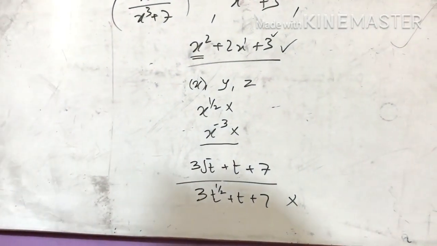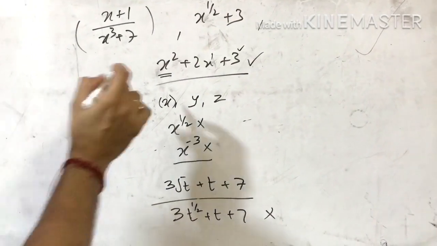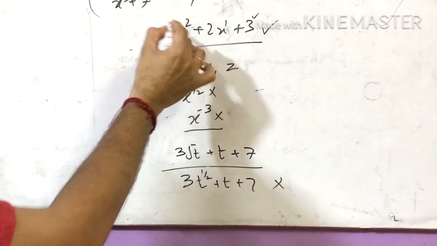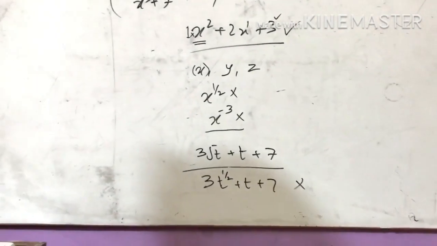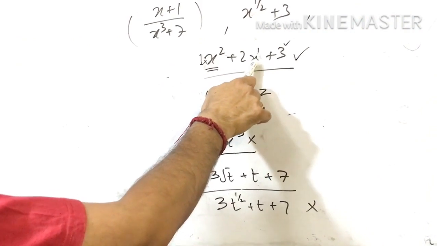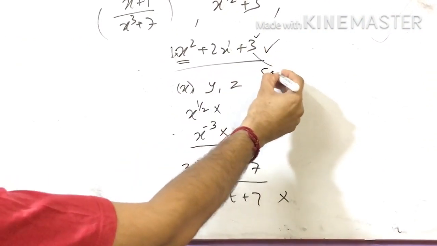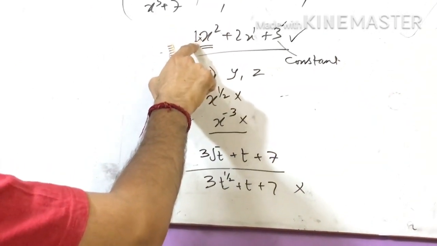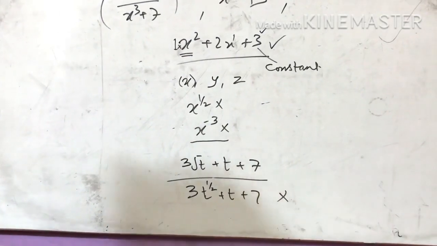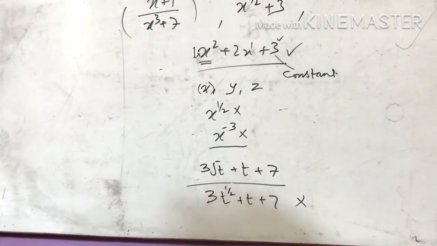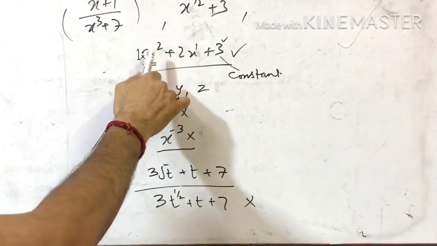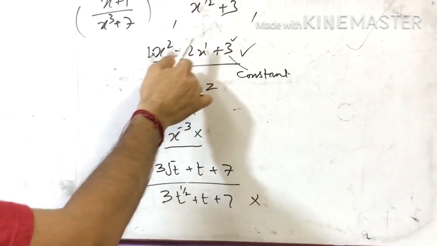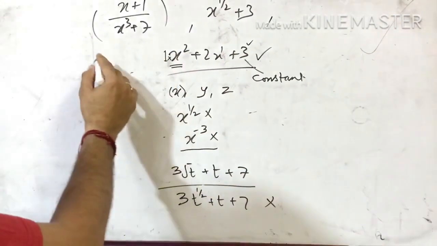A polynomial has got a few things, like the coefficient of x². Whatever number is being multiplied with this x² is called the coefficient of x². Similarly, 2 is the coefficient of x, and 3 is called the constant. These x are called variables. Second is degree. What is the degree of the polynomial? The biggest power among all the terms, here it has 3 terms. The biggest power of x is 2, so its degree will be 2.